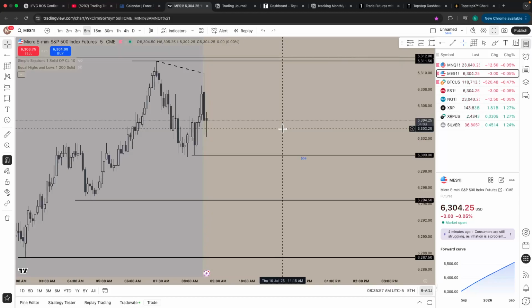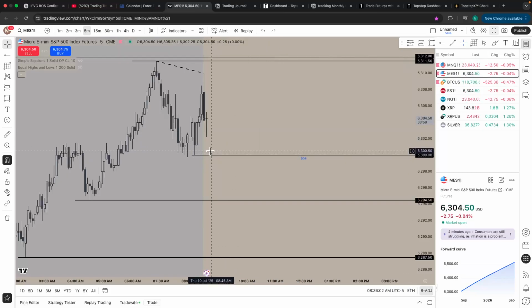And we see it's now breaking structure. It's going lower and starting to form a downtrend. So obviously we want to see ES break structure at this point. Maybe give us a better break of structure. We'll see. Nasdaq is the lagging index, and we see ES is now breaking structure. It's going lower and starting to form a downtrend while Nasdaq is still forming bull structure. But we know that won't last for long because ES is already going down off of that liquidity sweep. So with that in mind, Nasdaq is going down because of the liquidity sweep. We can go into Nasdaq and start looking for entry.